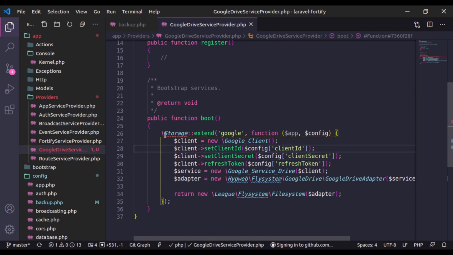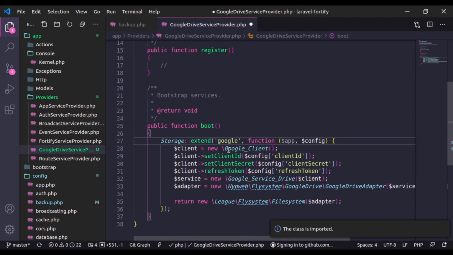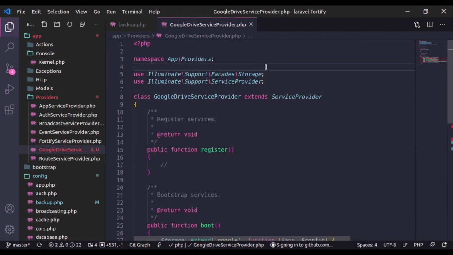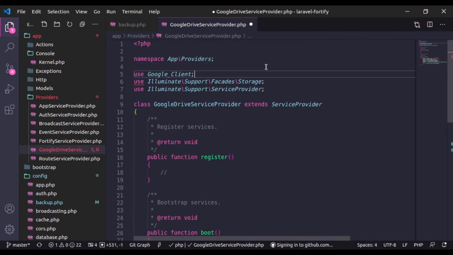Right now you can see we have a red line under the storage class indicating this class is not found. This is because the storage class is a facade and the VS editor has not recognized this facade, so let's import this. Similarly, I don't want this slash here. Instead here I'll say use Google client.